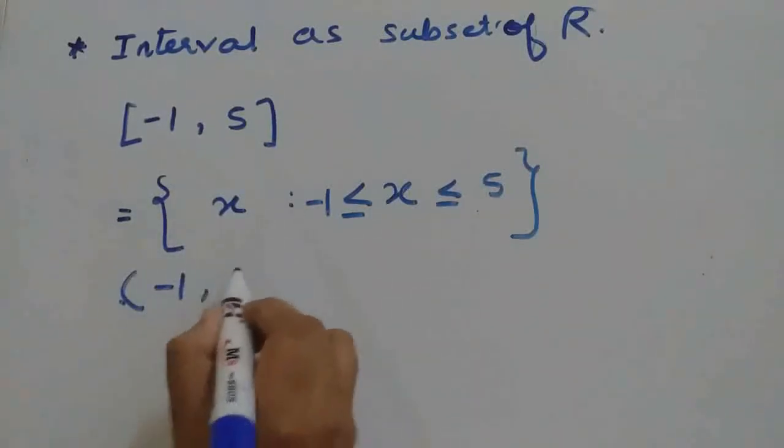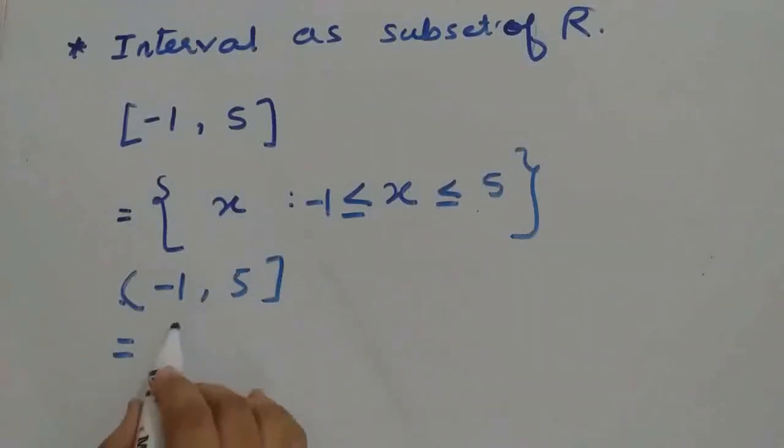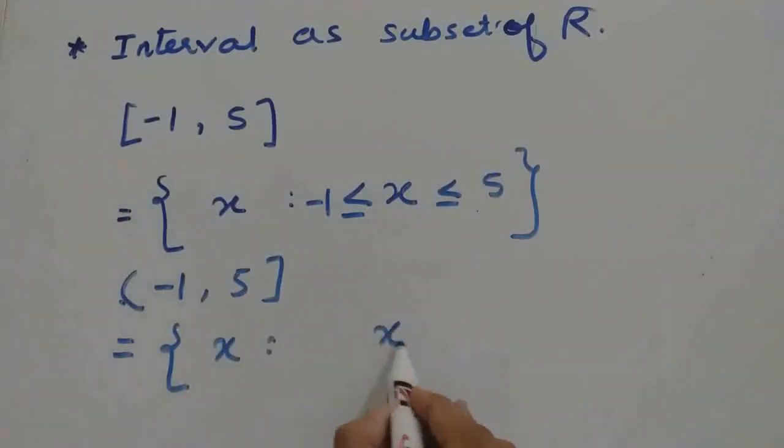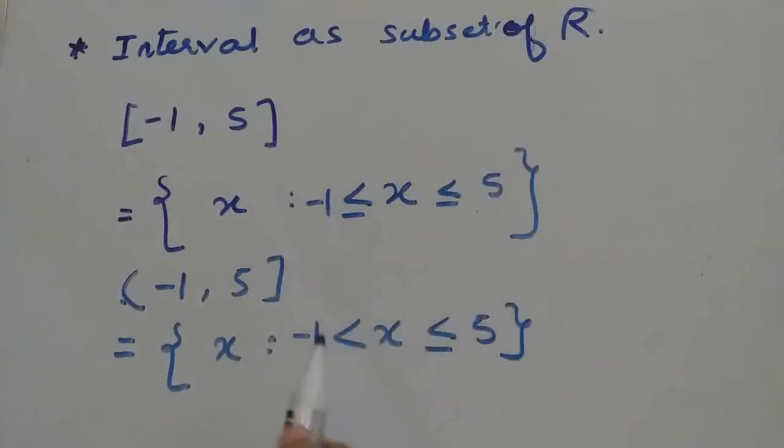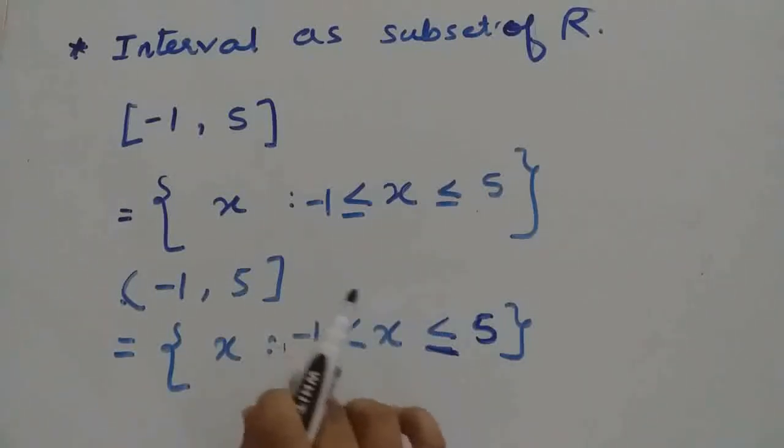Suppose (-1, 5], so that will be x, where x is greater than -1 and less than or equal to 5. Now here 0 will be there, 0.1, 0.2, 0.3, other rational numbers, irrational numbers, all numbers will be there in between. 0.11, 0.12, 1.12, up to 4.9, and 5 also, because it is there. And here it will be -0.99, but it won't be equal to -1 because the equal to sign is not there.